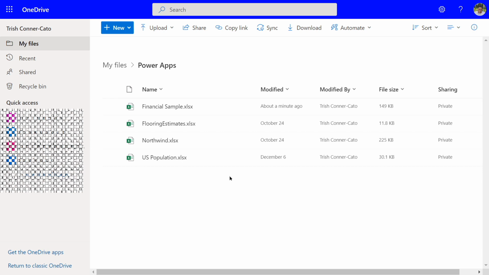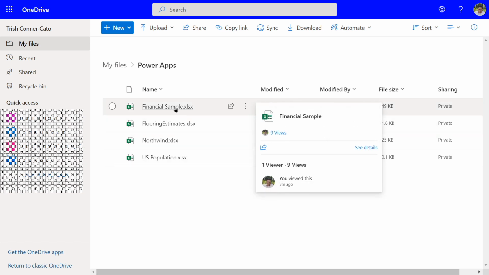We're going to start this lesson in the OneDrive folder where you uploaded the financial sample Excel file from the video description. It's a good idea to be acclimated to the data that's in the file before you start working with that data when you build an app. So we're going to just go ahead and launch Excel Online by clicking on the